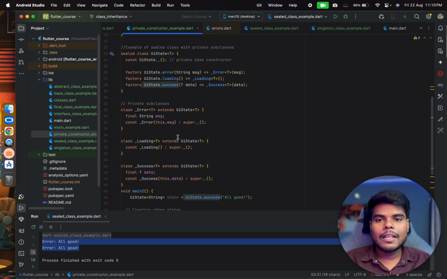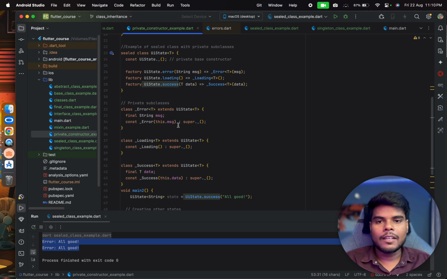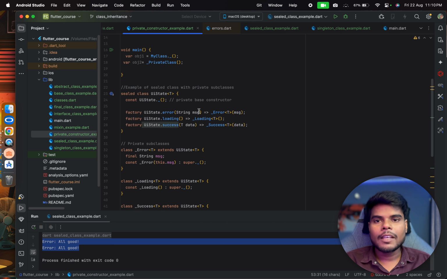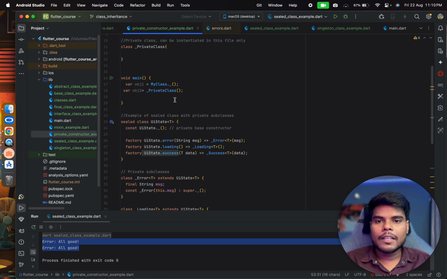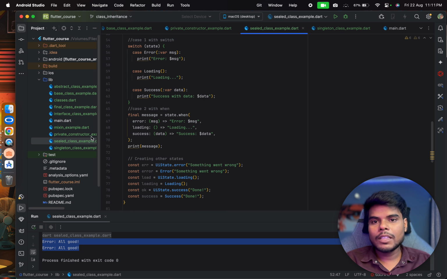This is what I will be using in the next classes when we implement the API and handle the data, state, loading, success, error, and how we will implement this. We will see that in the next classes. After this class, I think we will be starting with Flutter. So I think Dart basics is complete. There are a lot of things in Dart also, like records, pattern matching, destructuring, but we will talk about them whenever we use them. So we have seen the singleton, we have seen the